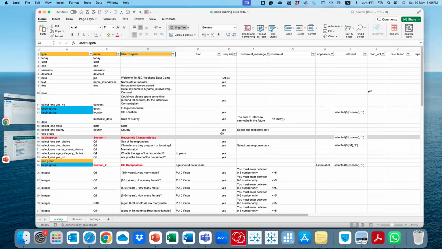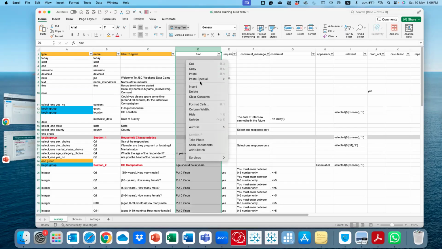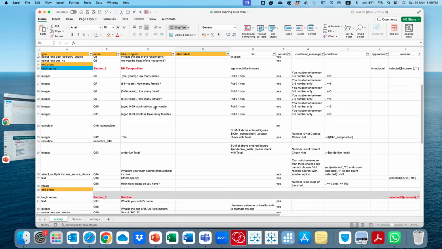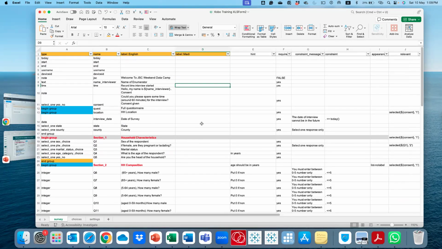When you're using the Excel form, you then need to add a new column for the language, whichever new language that you want. So this was English, the original language, then you need to have the new language that you want. Then you change everything here in the new language.